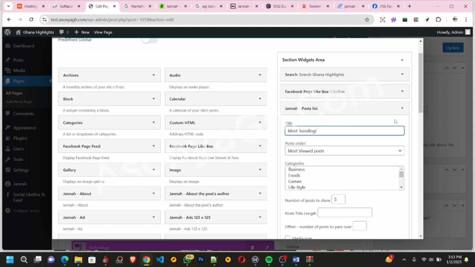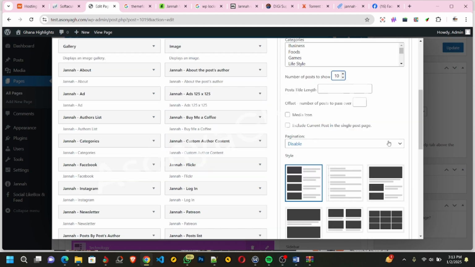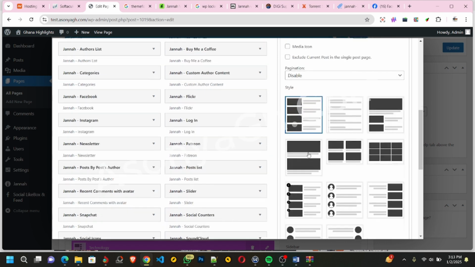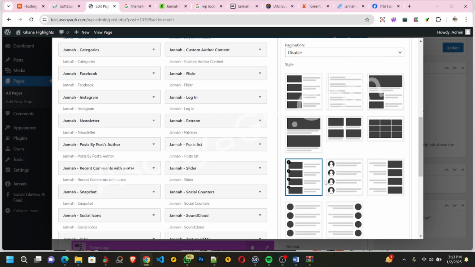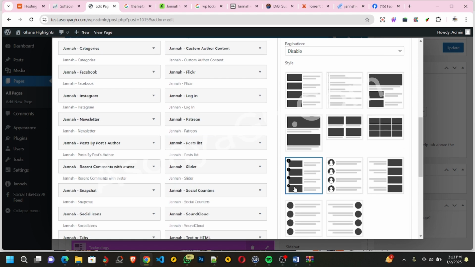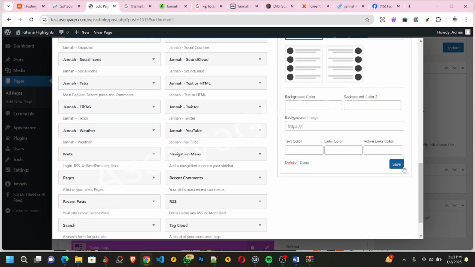So then, how many posts do you want to see there? You can increase the number, or if you think 5 is okay. So how do you want it to be displayed? This way, that way, this way. So you see, everything has been done for you. You just have to sort it the way you want. If you want it this way, or in this order, or in this order, whatever order that you want. So let me just choose this one, and then go to save,